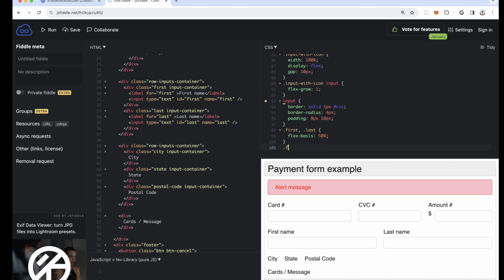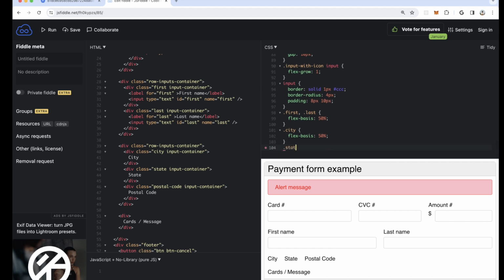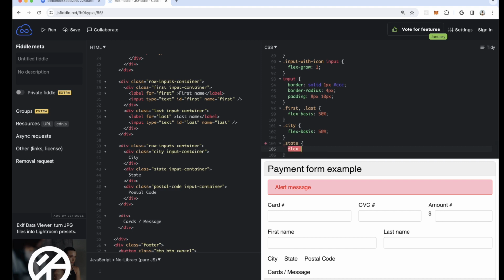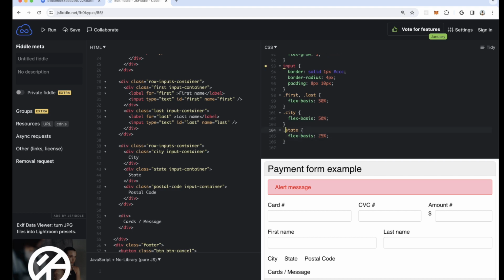Okay, so we have city. We said that it's going to be 50%. We said that the state will be 25%, and the postal code will be the same percent. So we can do dot postal code 25%. So now